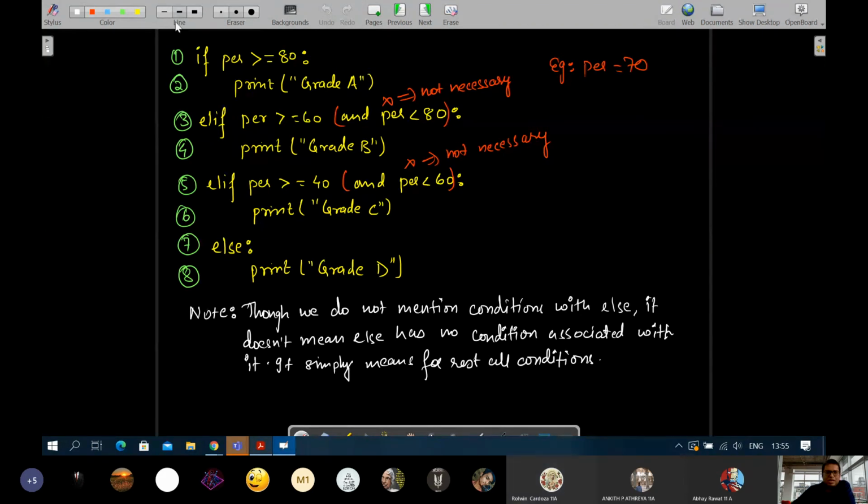So what you are trying to say is, if you use here elif percentage is less than 40, print grade D, that will also be correct and no further else below it. So else is not compulsory, but yeah, you should mention it. So this is also correct, but I'll prefer this.